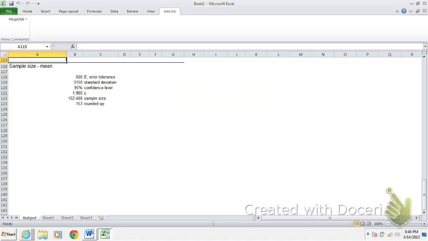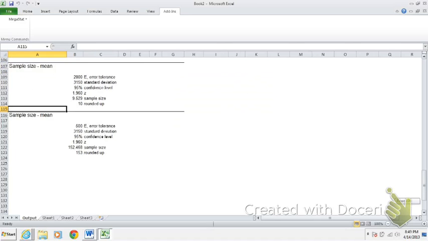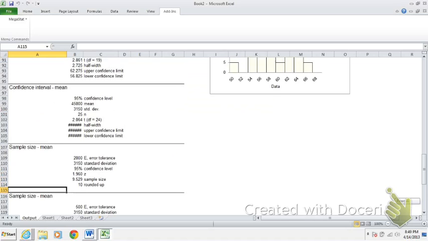Okay, 150, then I'd have to poll 153 people. So that's interesting, because there I shrank the margin of error from 1,300 some to 500 bucks. And I'd have to poll a lot more people. So again, I wanted to highlight